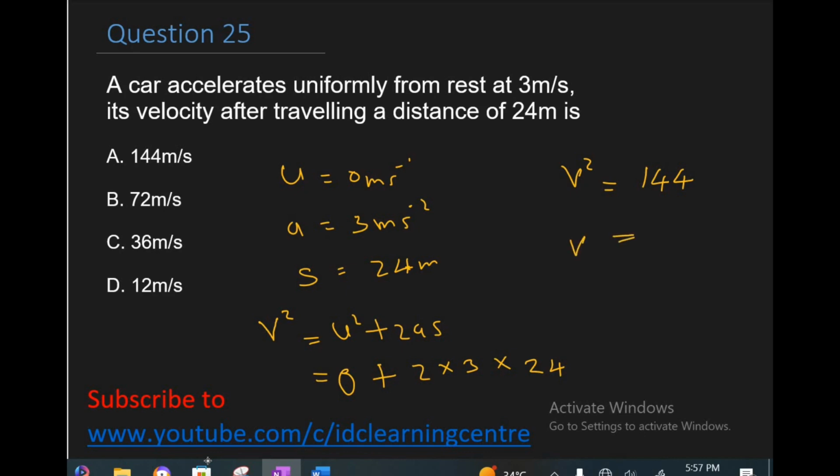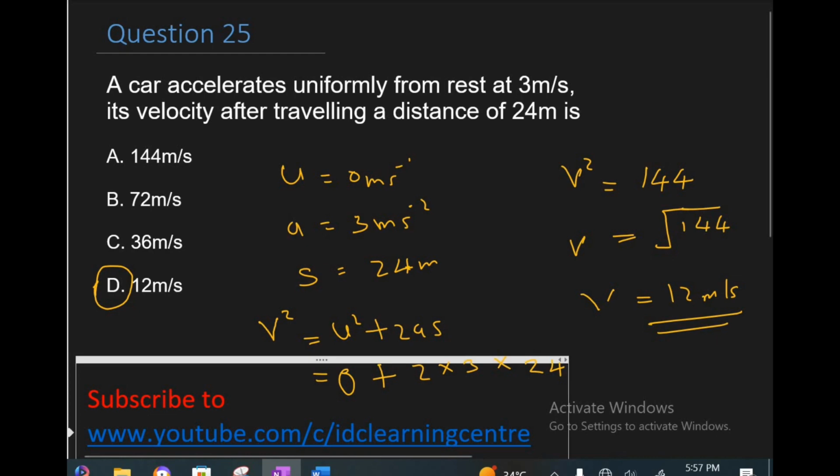So for us to find v, we have to take the square root of 144. So v is going to be equal to 12 meters per second. So the correct answer for this question is option D, 12 meters per second. Next question, question